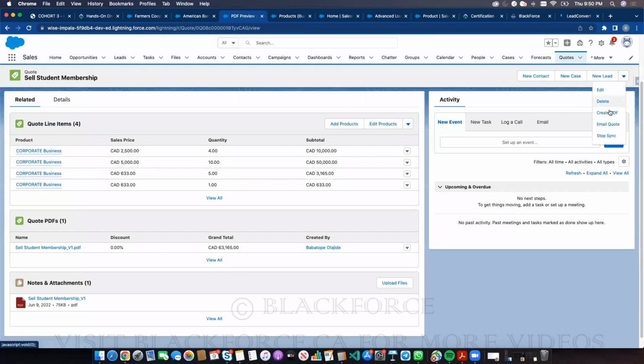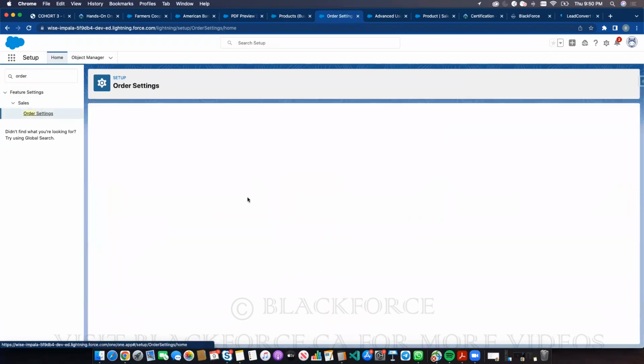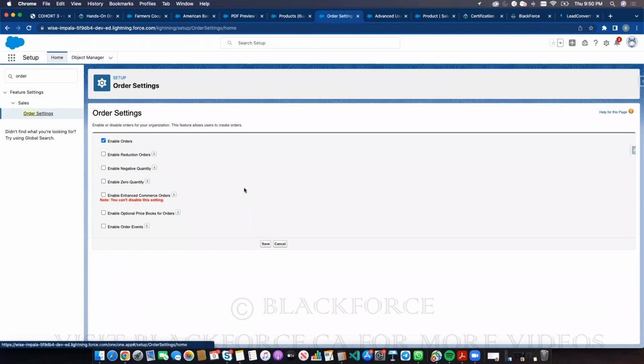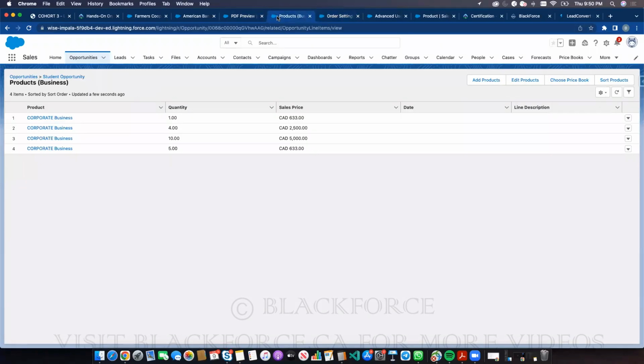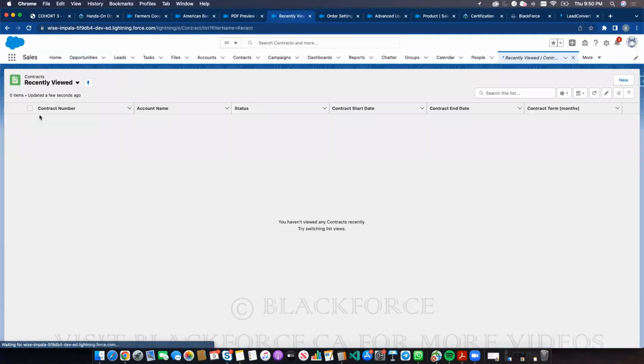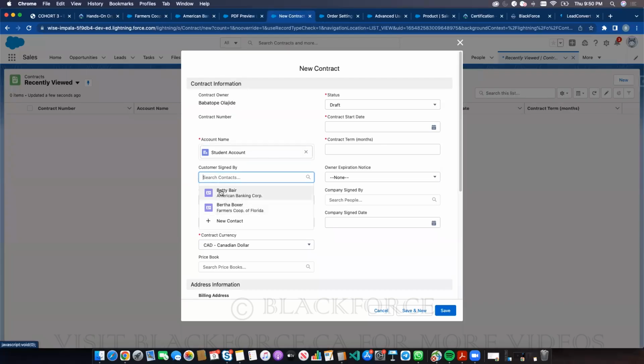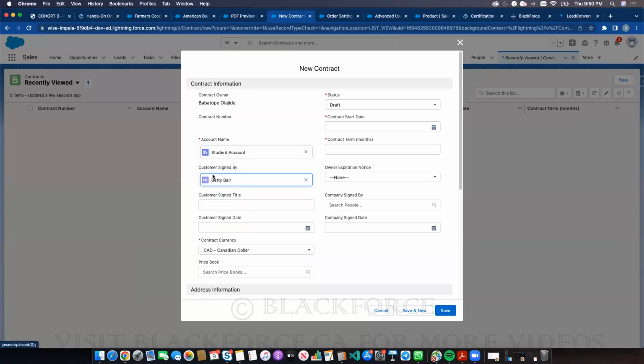So now that you have that, there is still what they call orders. So you go to order and you go to other settings. What can you do with orders? You can create orders from a quote. Before you create orders, let's see contracts. Because you have to create a contract before order, right? New. Select the account name student. Who is going to sign from that account? Student, customer, signed by, draft,